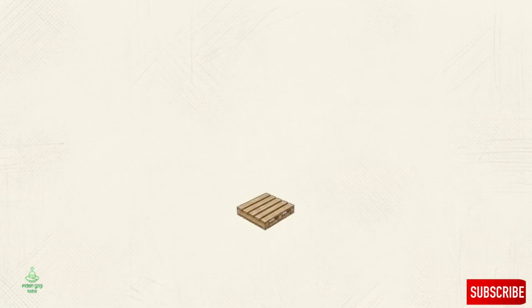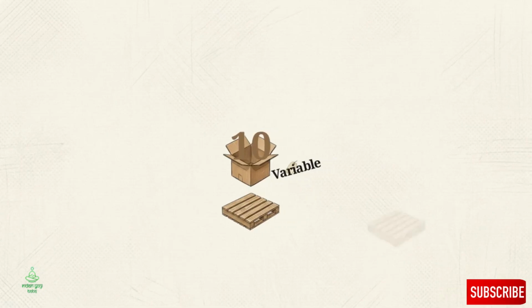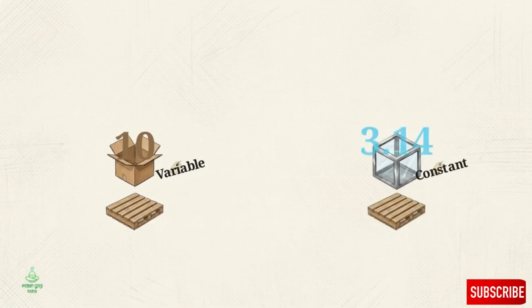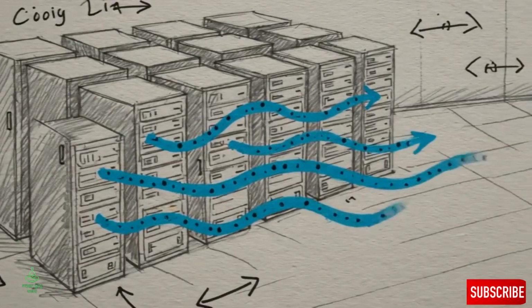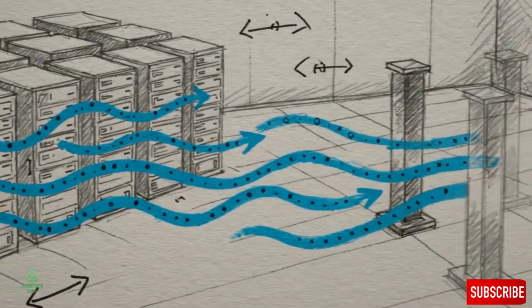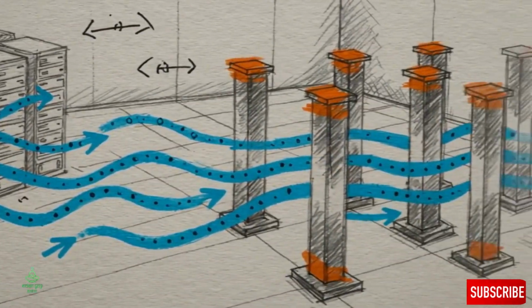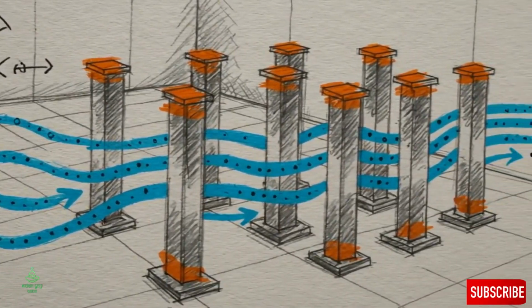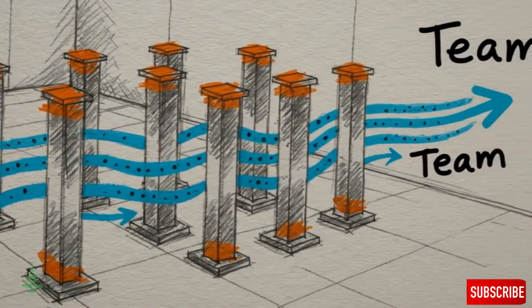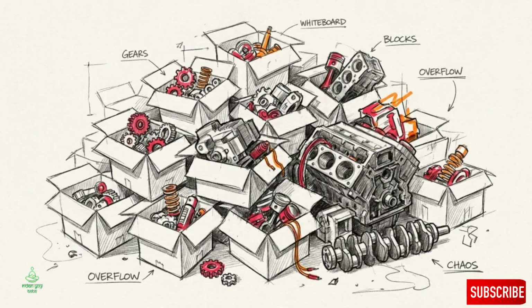Picture computer memory as a massive warehouse. Inside, we create variables, storage boxes where contents can swap out anytime, like replacing a 5 with a 10. But for data that never changes, like pi, we use constants, heavy, locked safes, permanently sealed. Managing computer memory comes down to making a simple choice, deciding which information needs a flexible, changeable box and which needs a locked safe. We can't use a generic box for everything.